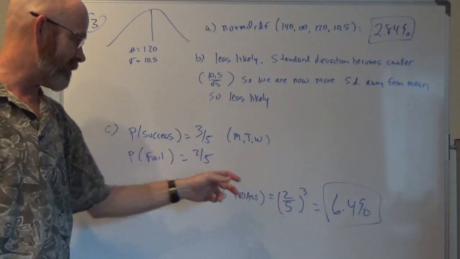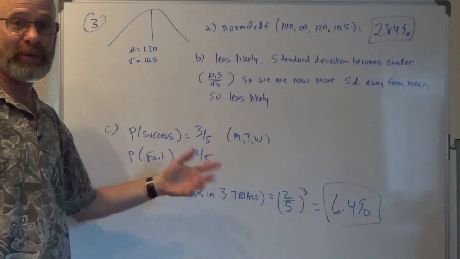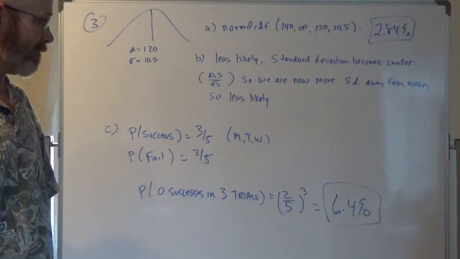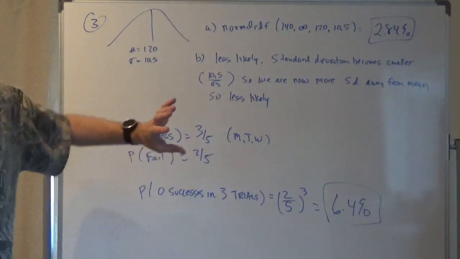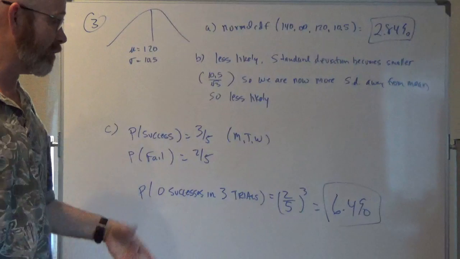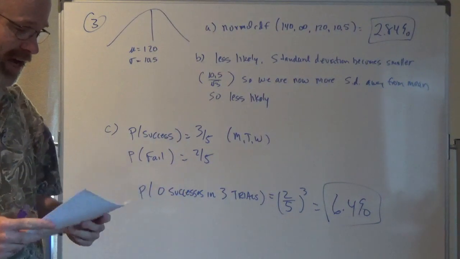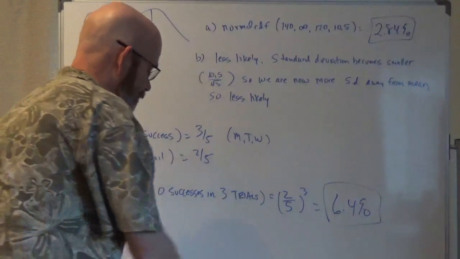So it's just 2/5 to the third power. It's 2/5 to the third, 3/5 to the 0, and 3 choose 0. So 6.4%. This is the way funding works for most schools. I won't bore you with how funding works for our school. It's different in our school. It's not based on attendance. So, another lesson for another day since we don't have time now.